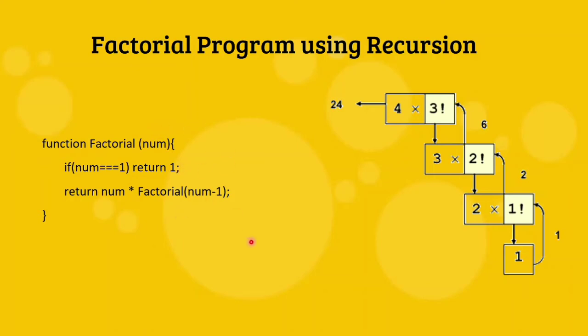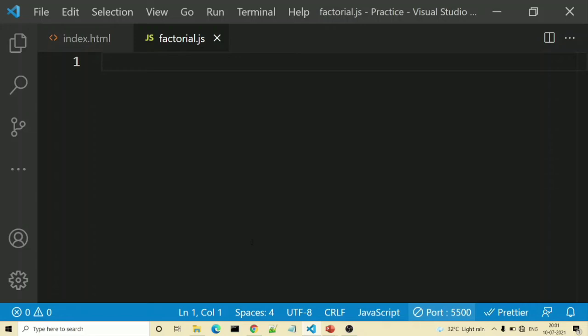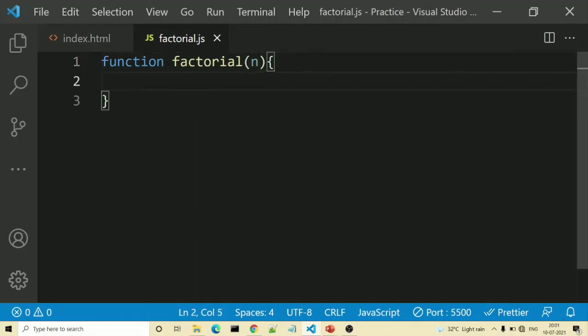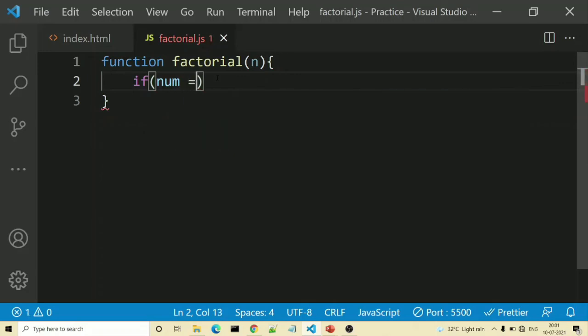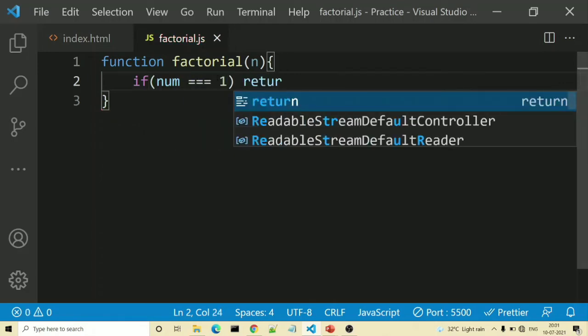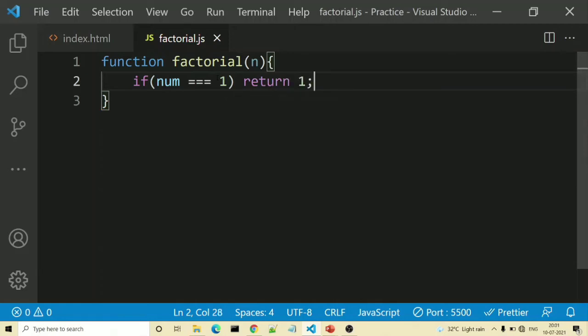Let's try to write this code in our Visual Studio. Here we will write a function named factorial that will take num as a parameter. And there we will write if num is equal to 1, return 1.